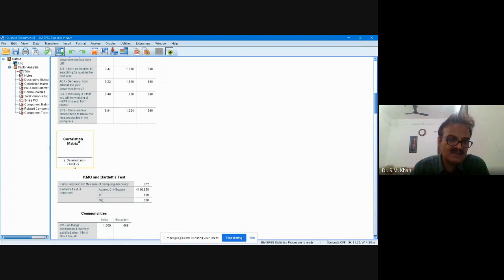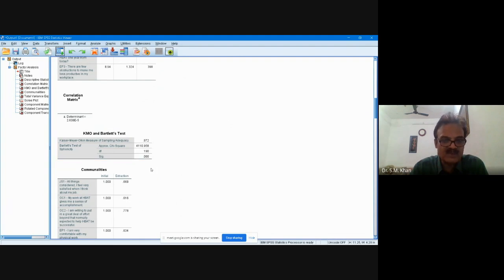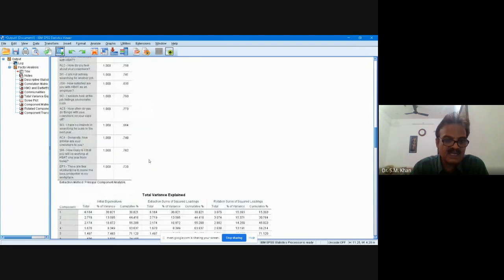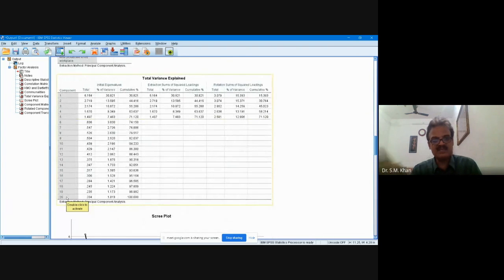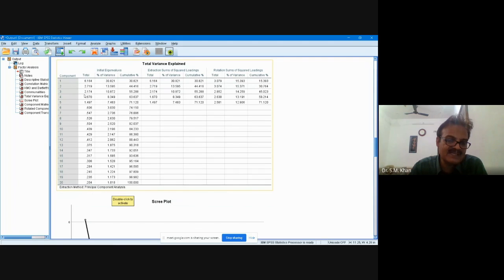Now see again, now it is improved, better position, 0.00025 and 0.50 and above, this is again significant. And now you are having 20 items in your test. So out of 20 items, 5 factors emerged. Components are the factors. And the criterion to select the factors was the eigenvalue has to be greater than or equal to 1. In 5 cases, you see the eigenvalues are greater than or equal to 1.